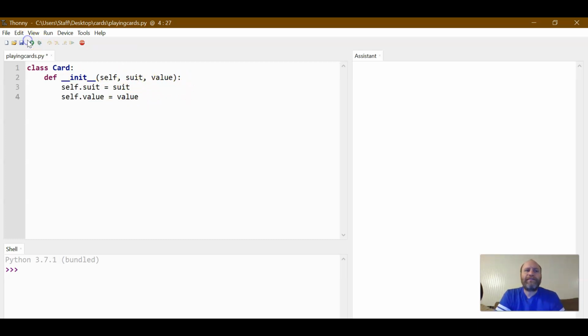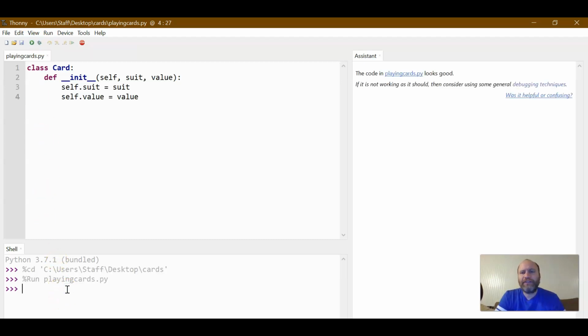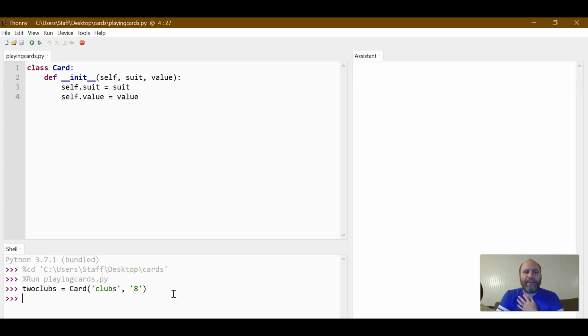So now if I run this, I'm going to run it down below. And down here, let's make a card. I'm going to call it 2 clubs, and I'm going to say equals, and this is called creating an instance of that. So 2 clubs equals card, and let's say clubs, and let's make it an 8. I'm making both of those strings just because if I did a king, that would be a string. And if I hit enter,